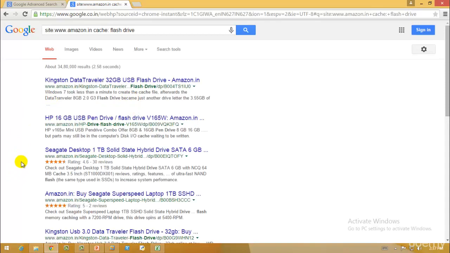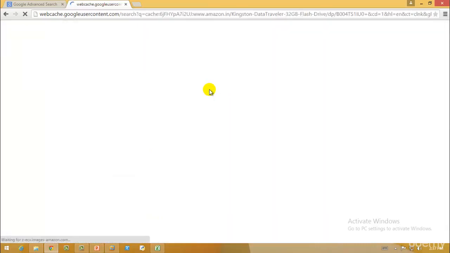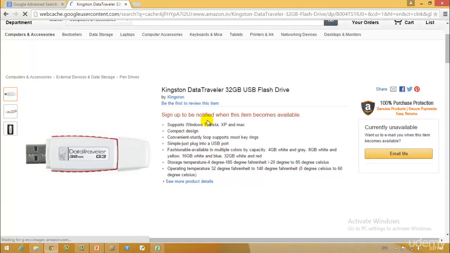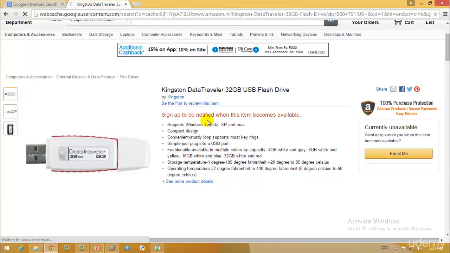As you can see, we have everything starting with the site Amazon, and we have the cached page. If I check the cached web page, and the Amazon website is not careful in keeping the cache memories, then what may happen, for example, is that Amazon has this 3G data traveler on the 30th of December, as any specific